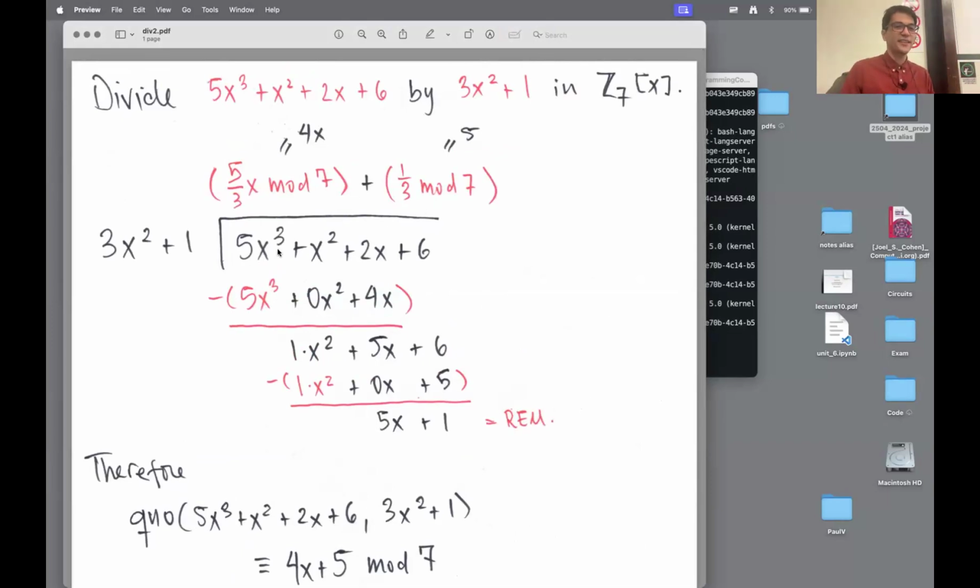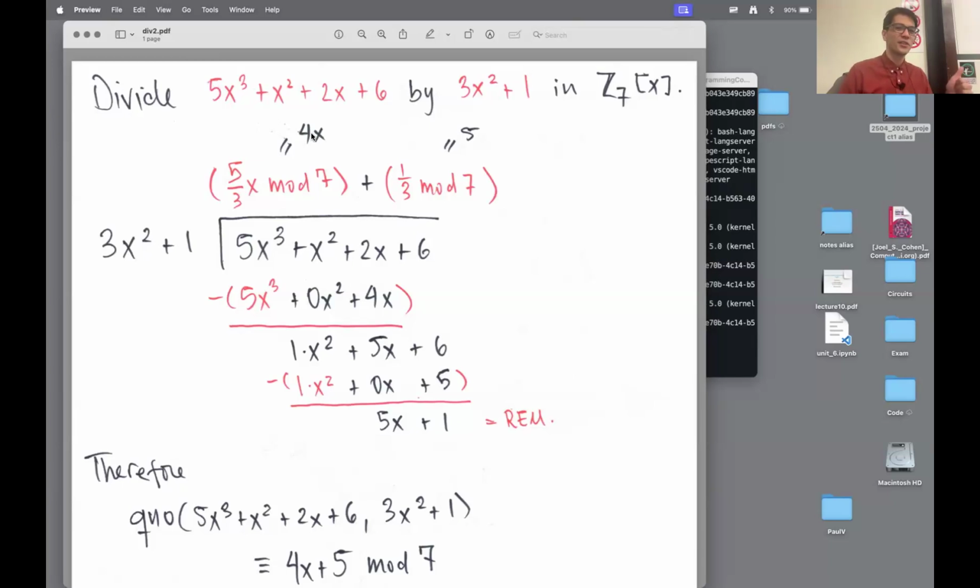So let's undertake this. I need to get rid of 5x cubed. So the question becomes, what do I multiply 3x squared by so that its difference with 5x cubed is 0? And we said it's this divided by this. So that's 5x cubed divided by 3x squared, which we can write if we want as 5/3 x mod 7. I know we normally don't write fractions, but if we look at this as 5 times the inverse of 3, which is a sensible thing to do in this setting,